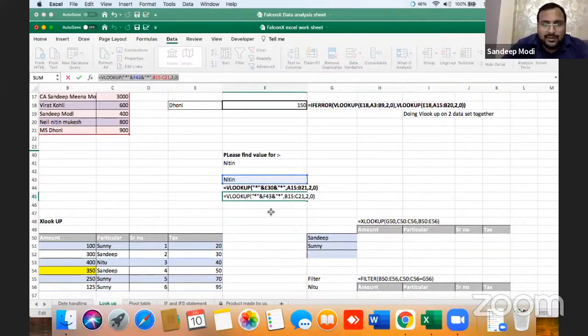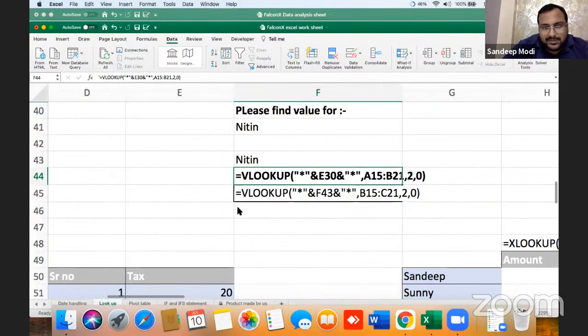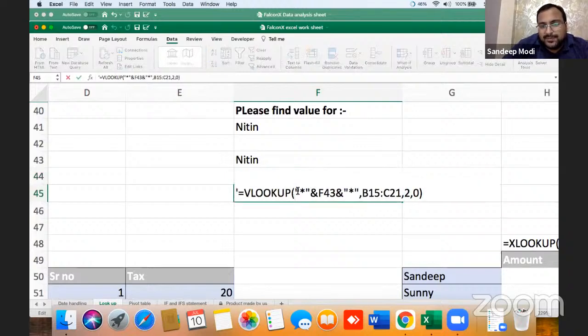This is for the VLOOKUP. And let me zoom the formula. Basically, I'm writing asterisk, this is the special character, and this is the sign for concatenation. This is the value, Nitin, and again concatenation, and this is for the special character.